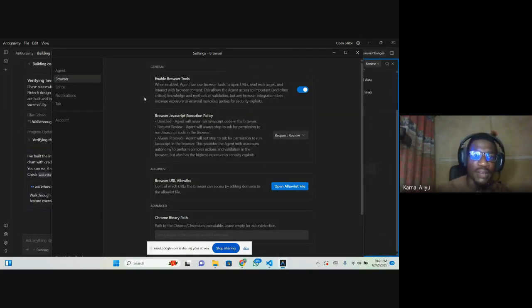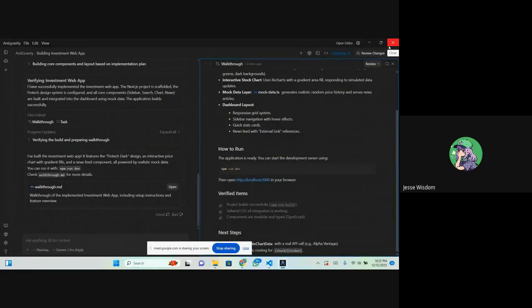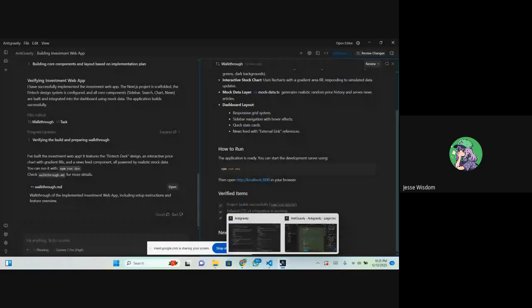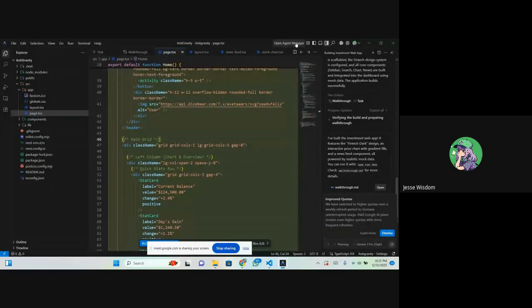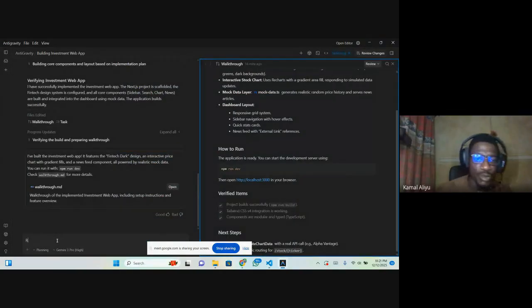So now if you have enabled the browser, you can just go back to the agent and ask it to run the app. So you see that the agent itself will be able to open the app and go through it.